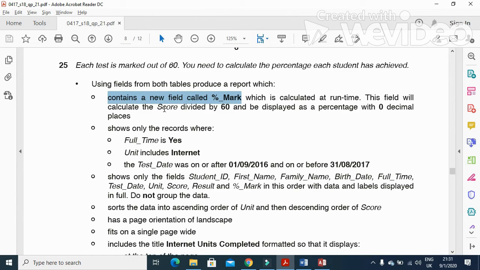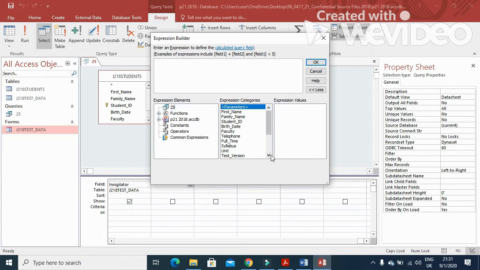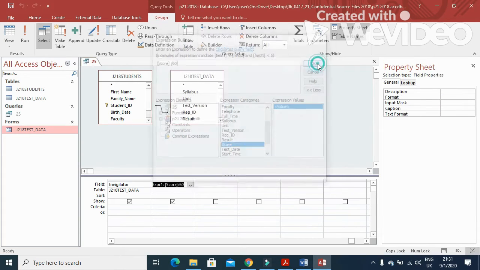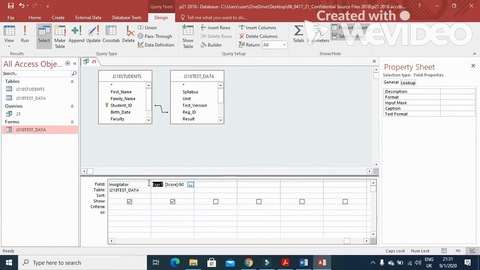This field will calculate the score divided by 60 and be displayed as a percentage with 0 decimal places. So score divided by 60. Here we have score, then divide by 60 and just click on OK, and we need to name it %_mark,